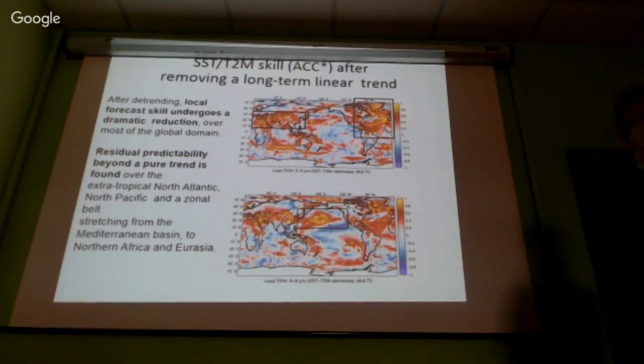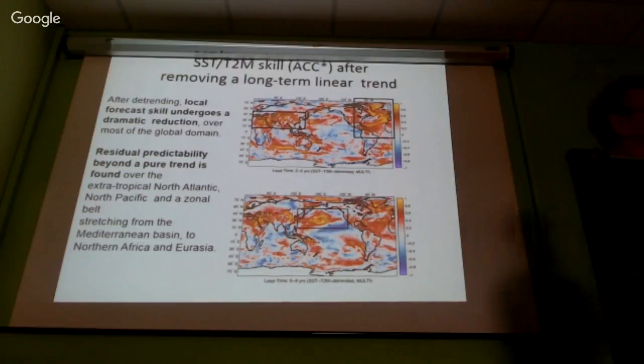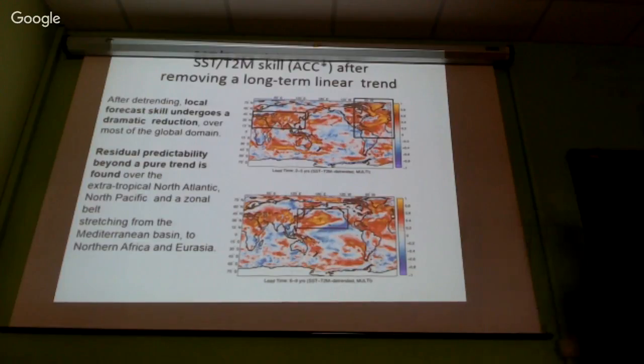But then in a dynamical world, if you use a model, everything is consistent. So you have one kind of instrument that should be able to link everything consistently together. Whereas with statistical models, you may have decadal changes that destroy things. And, I don't know. But yeah, on this point, if I remember correctly,